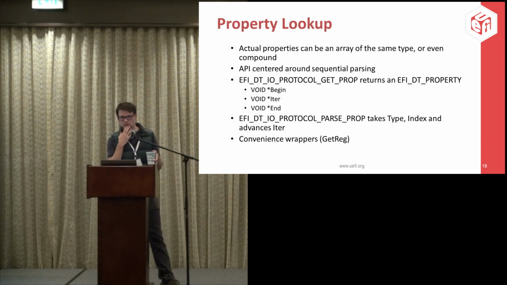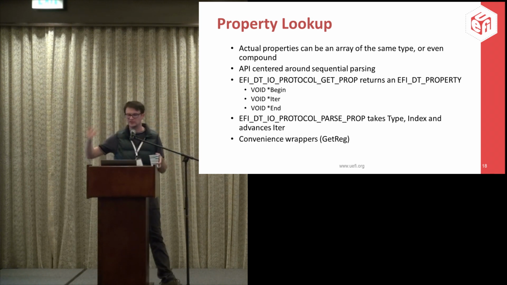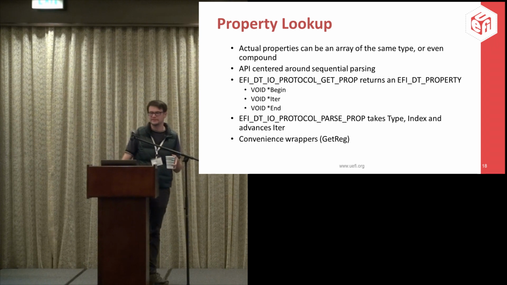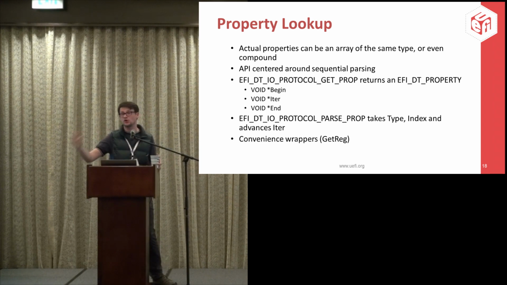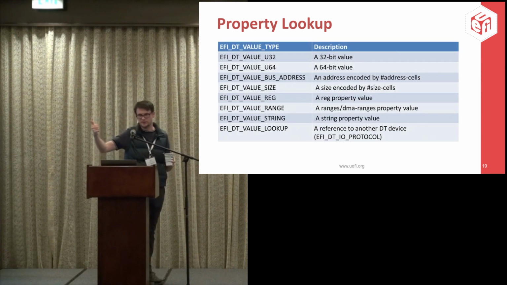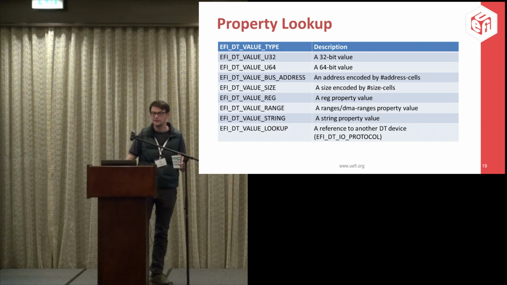The API that's created here treats the property value as a stream of data, so you can sequentially read things out of it. If you're going to get a property, you get a structure that basically says, here's the beginning of the byte stream, and here's the end of it, and here's the current pointer to it, and then you have another call that lets you parse things out of it. What kind of things? I want to parse a 32-bit value, a 64-bit value, a bus address, which, by the way, is kind of funky because